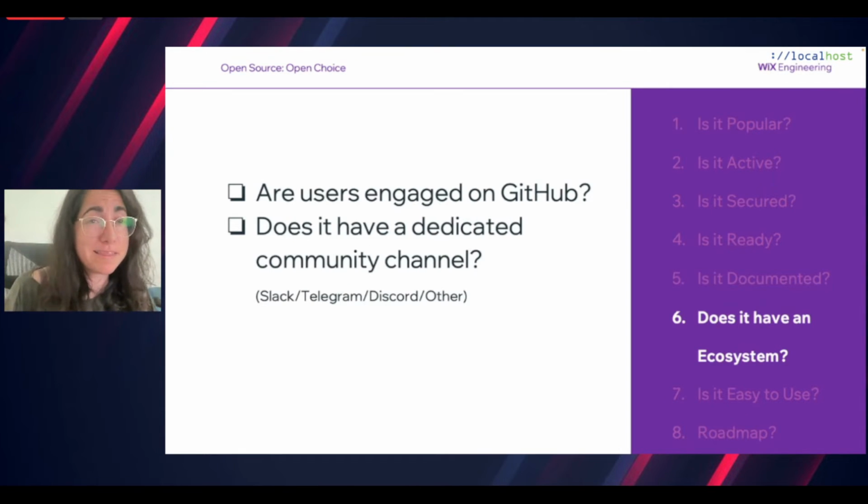Ecosystem. So I think that this is the most important metric here. I think that all of them are important, but this metric will be the one that you will mostly feel in your day-to-day, and I will explain. In one of my previous jobs, I used Rundeck as the CI tool, and at that time, documentation wasn't great, and the ecosystem was very small.